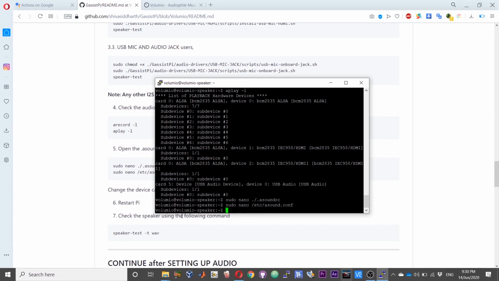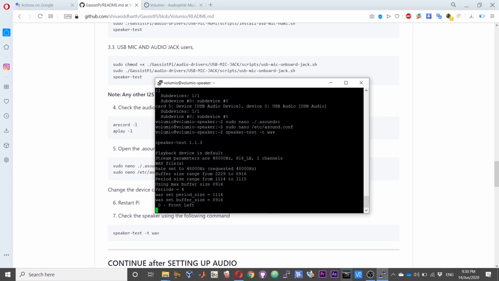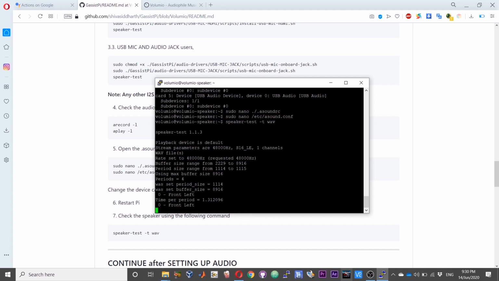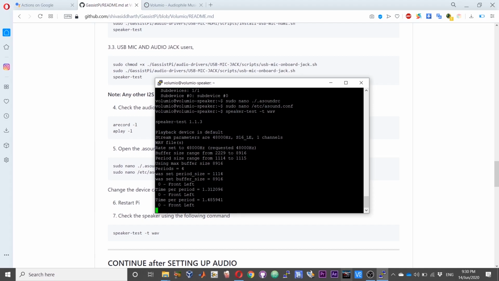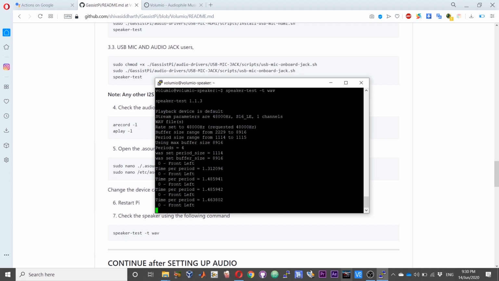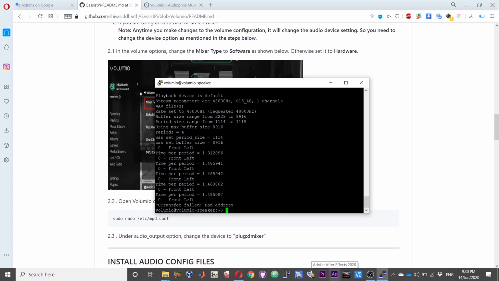After this, if you do the speaker test, you should hear the audio out. Front, left, front, left, front. So there is the confirmation of the audio working.